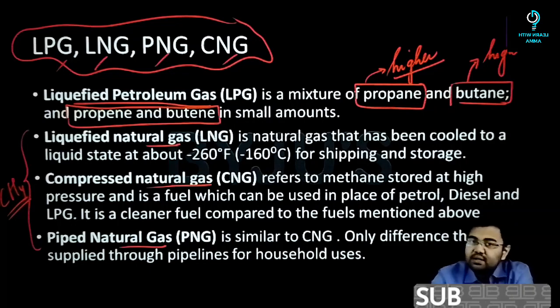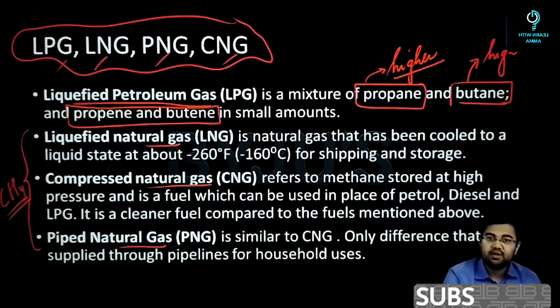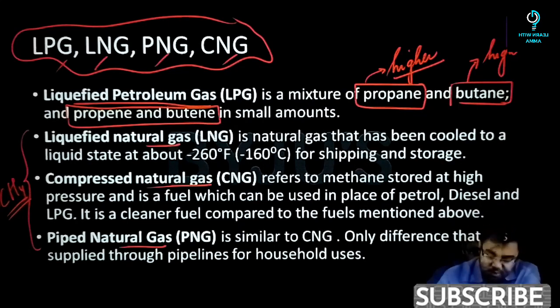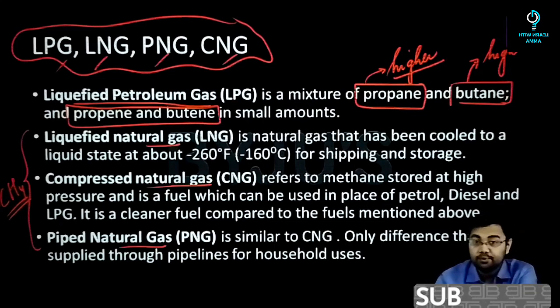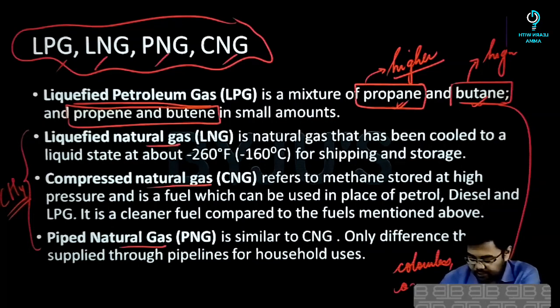In the temperate countries and in the polar countries, you will see that the amount of butane will remain high, but the amount of propane as compared to tropical countries like India will be higher. Now one more thing when it comes to liquefied petroleum gas or LPG: propane and butane are gases which are colorless and odorless.